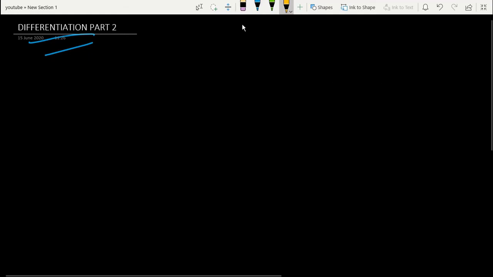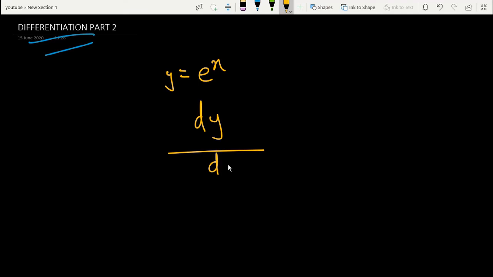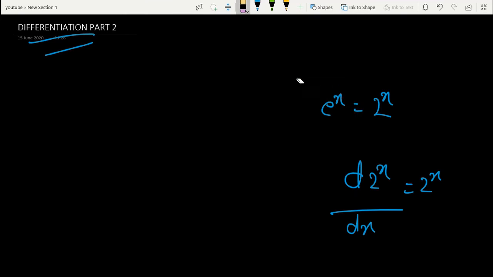So this formula which I'm going to show you is a very important one, so please remember it thoroughly. This formula is also a part of integration, so this formula is easy. It's actually easy. So the formula is, if y is equal to e raised to x, then what is dy by dx? That is the question. Okay, so the answer for this will be e raised to x. This is a formula. Okay, remember this. So let's take an example. You can take e as any constant. It can be pi, it can be e, it can be iota. Okay, it can be any constant.